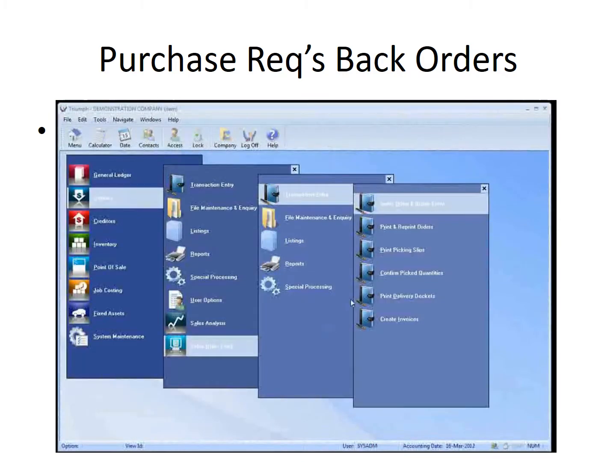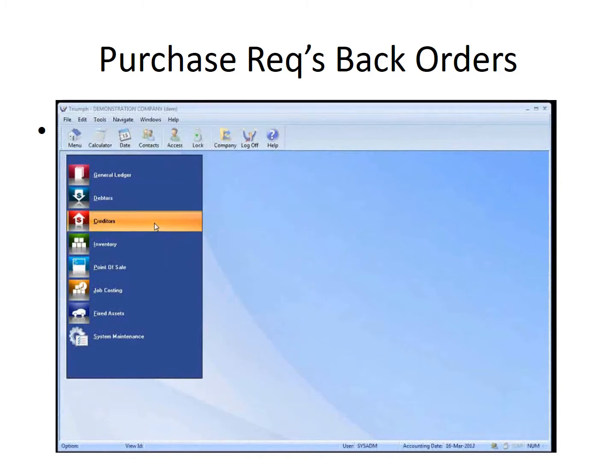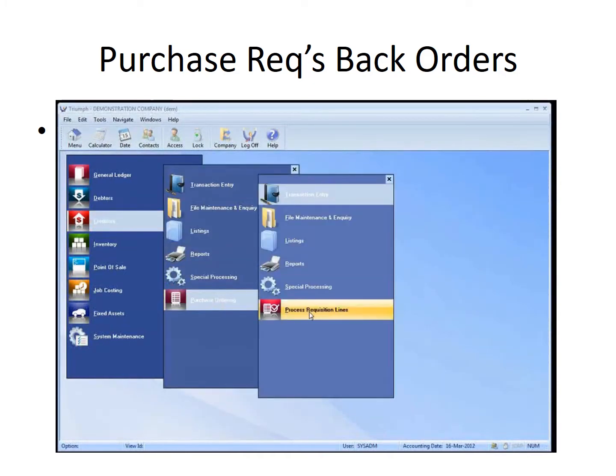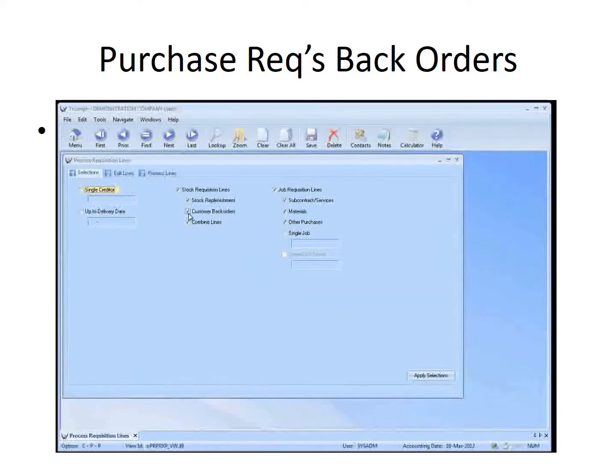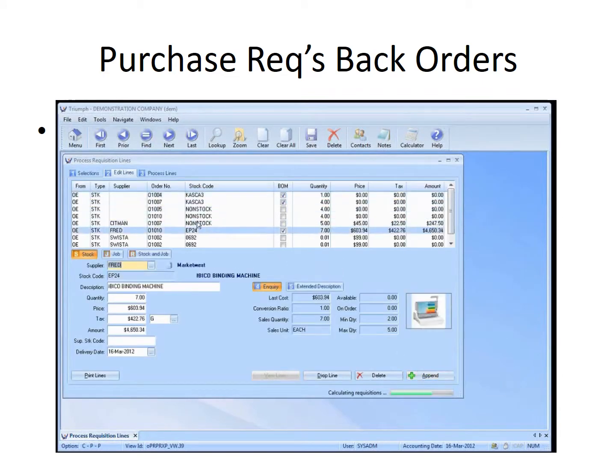So what happens there on the purchasing side, I come back to my creditors and purchase ordering. There's a process called process requisition lines. As I process this requisition line, there is an ability to actually handle different types of requisitions. I'll just deal with one type at the moment, being customer back orders. So as we just put through customer back orders, what the system will let me do is pull through all